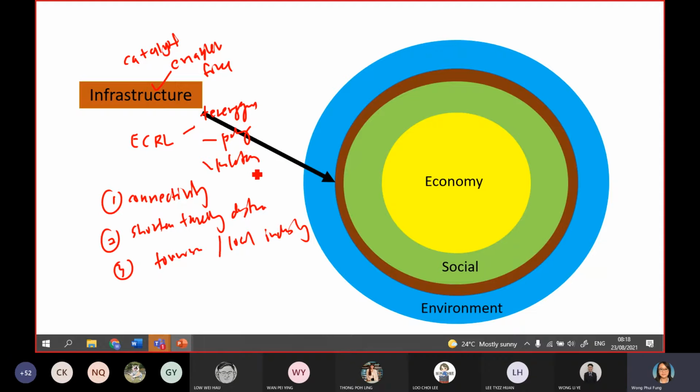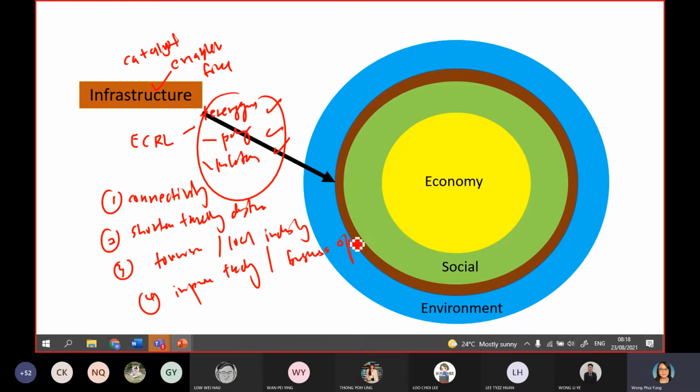So if we can travel easily from KL to all these areas, it helps to boost the tourism sector in these areas. Because now it is very convenient, you can take the train rather than take the flight, rather than take the car. So when we have an additional option, more people can travel to these three states. In the sense that it improves business opportunity, and the movement of people and goods becomes much easier. So the fourth benefit is to improve trading and also business opportunity.